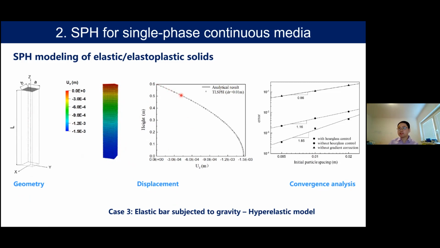And we can compare the deformation with the analytical solution. And you can see that the result is quite good. And we also investigate the convergence of SPH methods with different kinds of